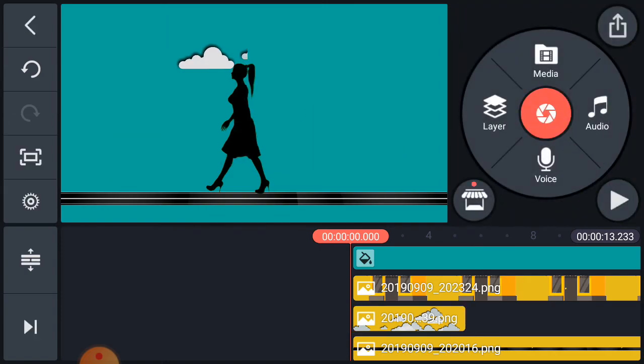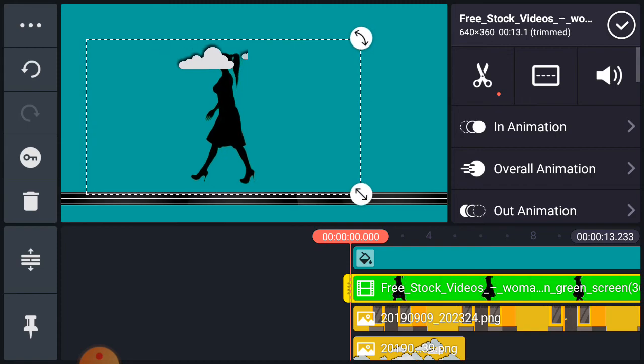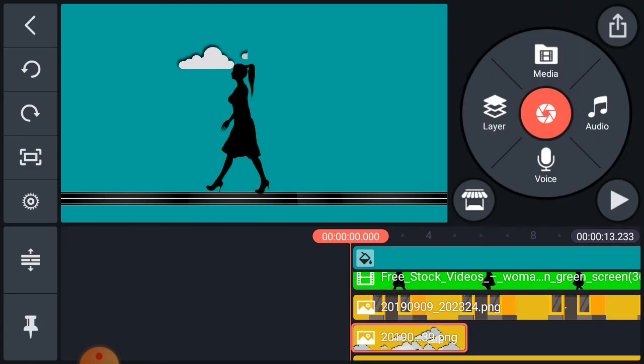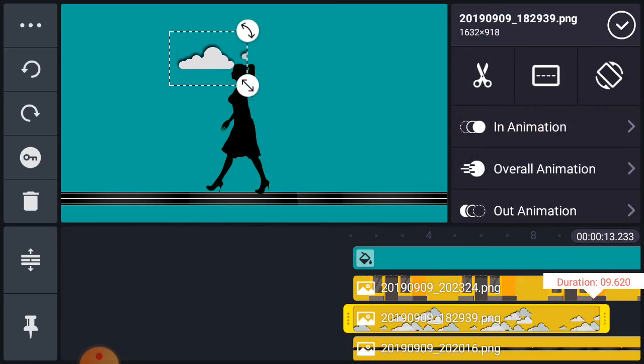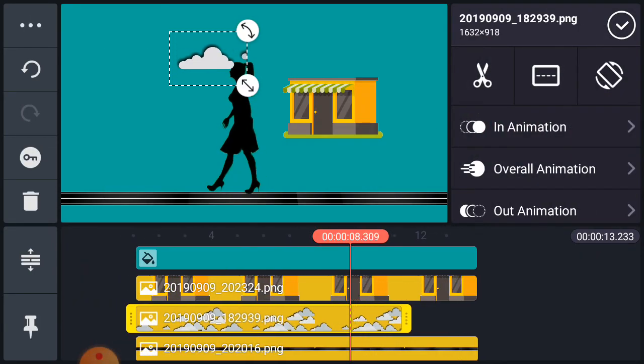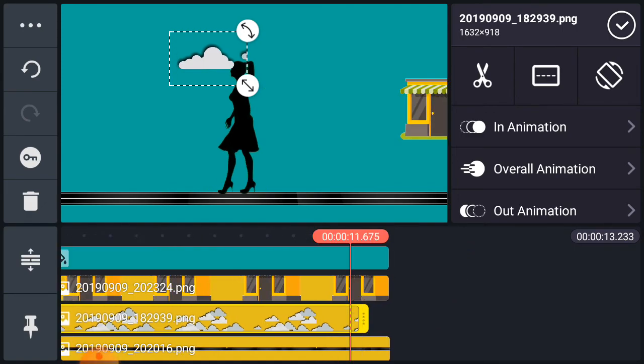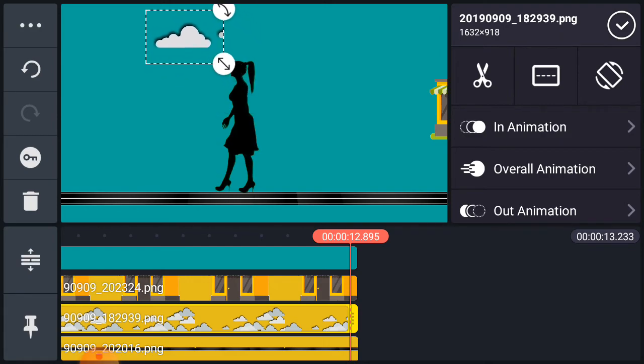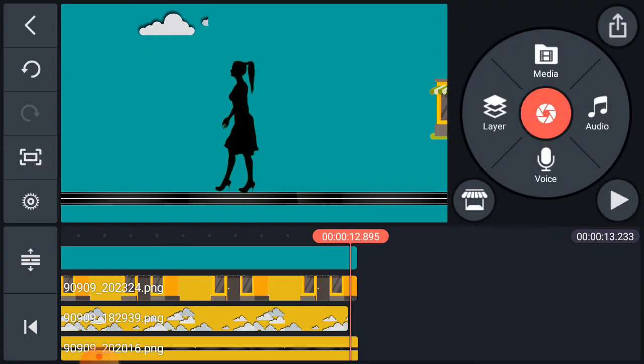So now I select the cloud layer. First I will bring it equal, because the clouds also, this layer should be equal. Now I will bring it up, the cloud, because it should be in the sky, and OK.